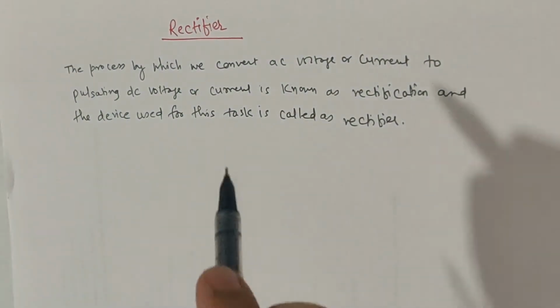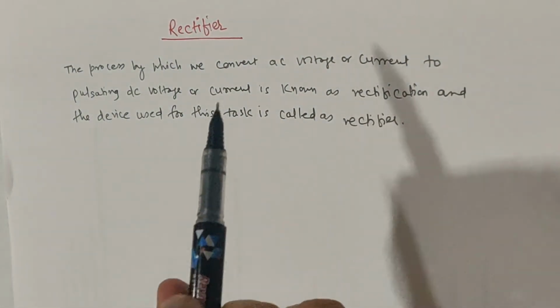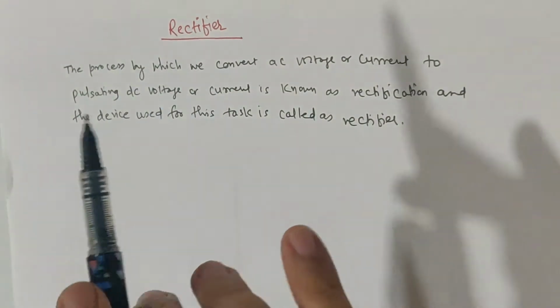Now remember, the power supply that we have is AC power supply, and if we want to convert that AC power supply to a constant DC power supply,